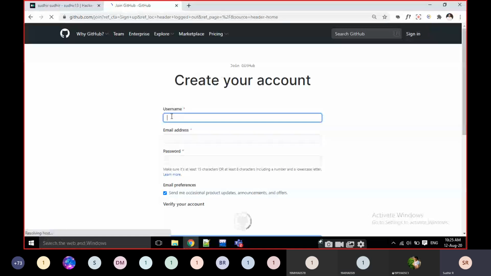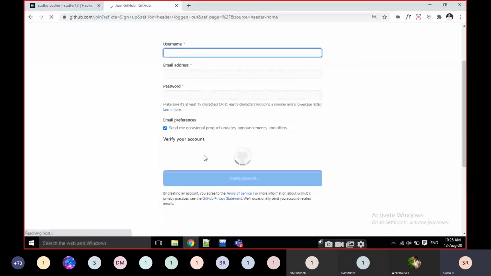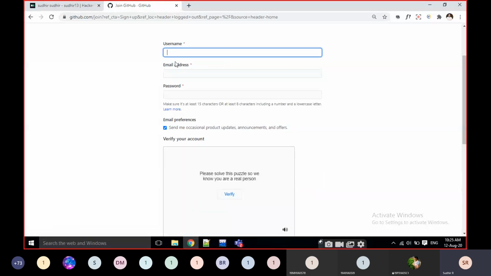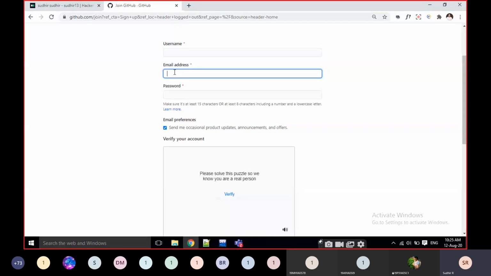You have to create a username, email address, password and everything. Here also you have to maintain the same mail address. Every time use the same mail address for all the accounts. For example, if you created with your personal Gmail account, maintain the same here also. Username, Gmail account, password, everything the same.